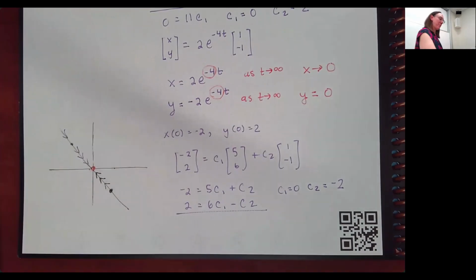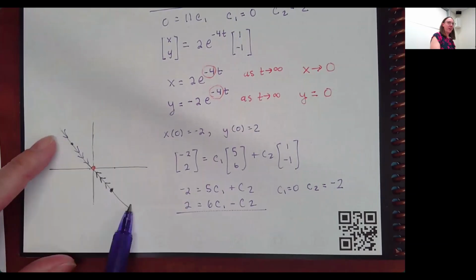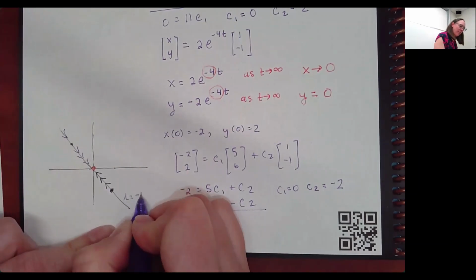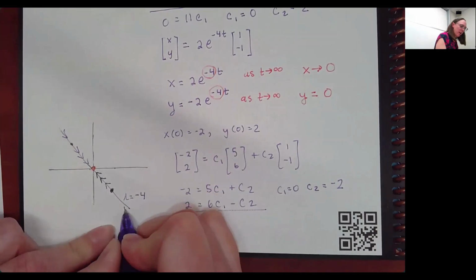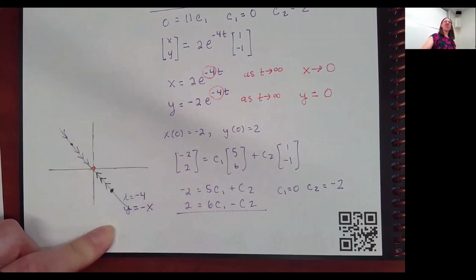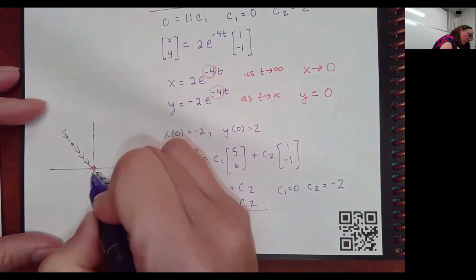Let me keep going for a second. So that's what happened when I chose initial conditions that were directly on this eigenline. And that was the eigenline that was associated with a lambda of -4, and that was the line y equals -x. But we had another eigenline to this problem. And that other eigenline was the one that looked like